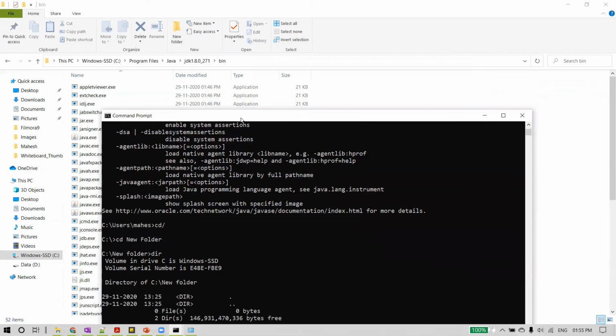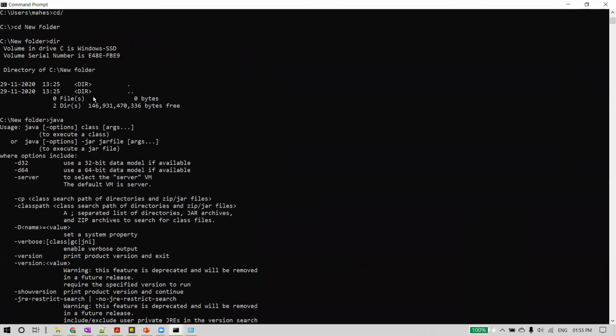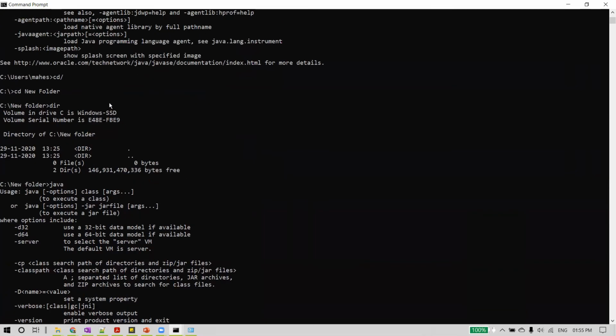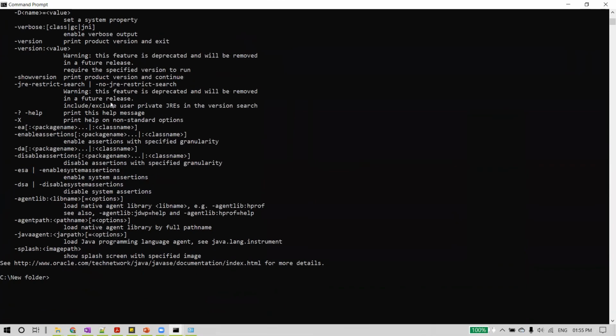But if I run the Java command here, I still get the options, meaning the operating system is now able to recognize Java as a command. This is why we need to set the path in environment variables, and this is how we should set the path, so that you can execute Java programs from any location on your operating system.